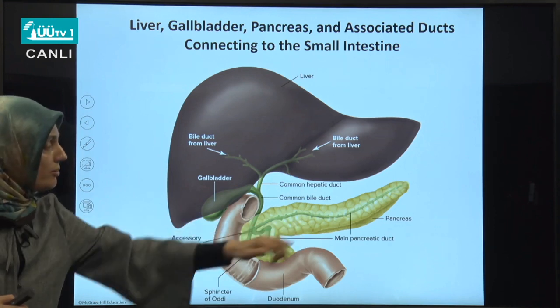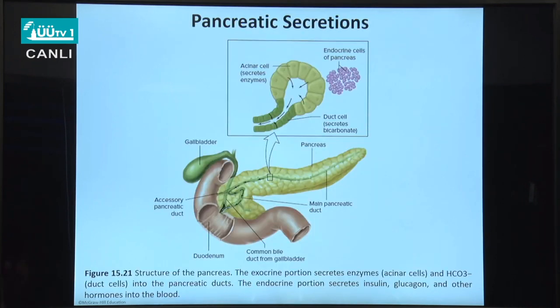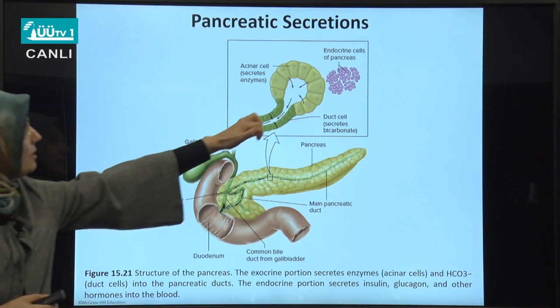And also the pancreas secretes bicarbonate ions and also enzymes, which will be used for the digestion of macromolecules such as carbohydrates, proteins, and fats, and also nucleic acids. Okay, so when we look at the secretion parts of the pancreas, we see here,